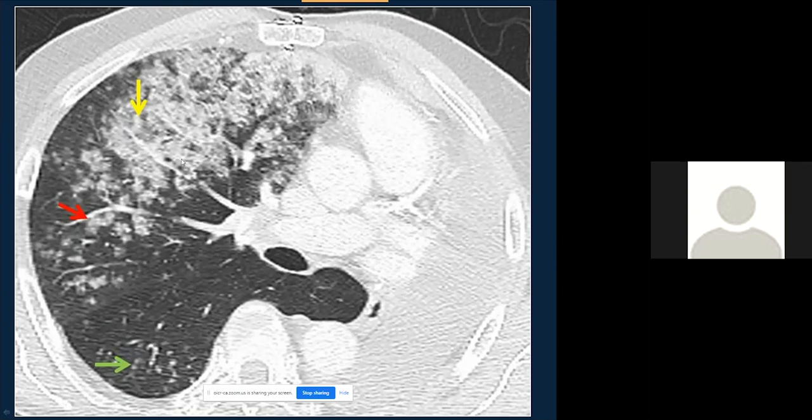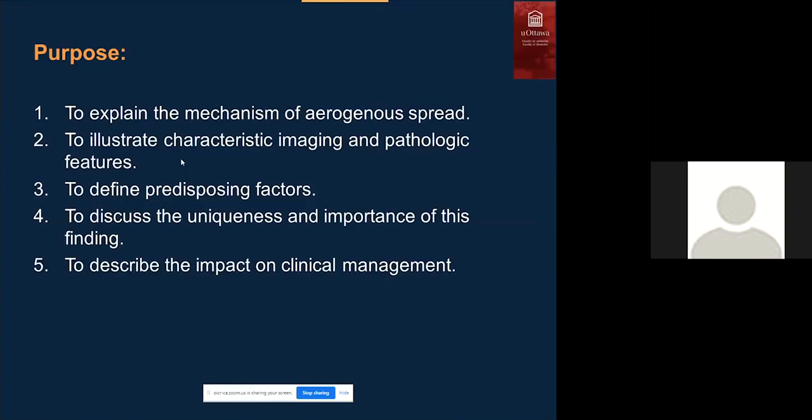When we look at that, there are 2 options usually that radiologists are going to think of: either infection, or what we call aerogenous spread of cancer. However, the concept of aerogenous spread of cancer is not well defined and not well established or accepted in the literature. So the purpose today, I'm going to explain a little bit the mechanisms of aerogenous spread. I'll illustrate characteristic imaging and pathological features, disclose some predisposing factors, discuss the uniqueness and importance of this finding, and describe the impact on clinical